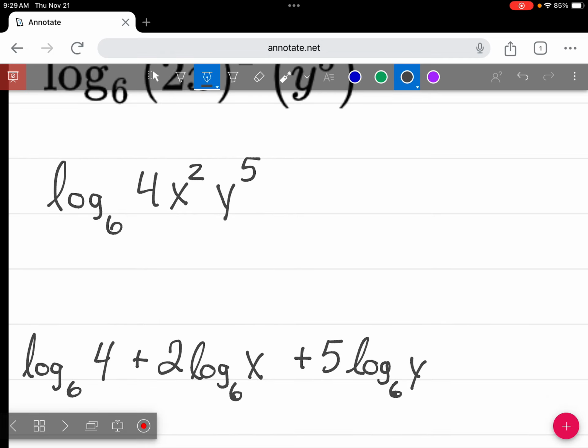And as we get more and more practice with this, we'll start to see that, and we'll be able to do these fairly quickly, especially when we have all products here. We don't have to take a ton of time to do these. You don't necessarily have to write every single step out. If you do product property and power property at the same time, I can tell what you're doing. If you need to write every step out, absolutely fine, totally fine. When it's a series of products like this, I also get that we don't necessarily need to write out every single step, most likely. On something like the next one, we probably do need to write things out because there's